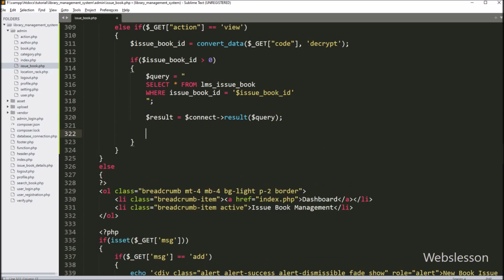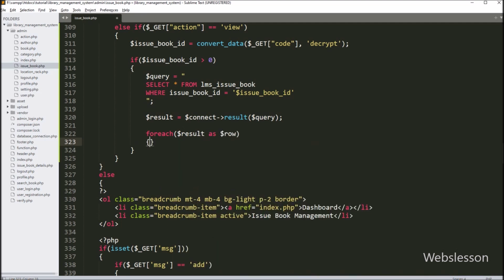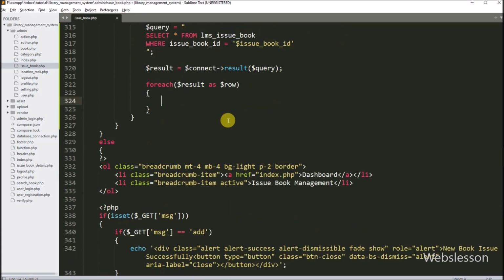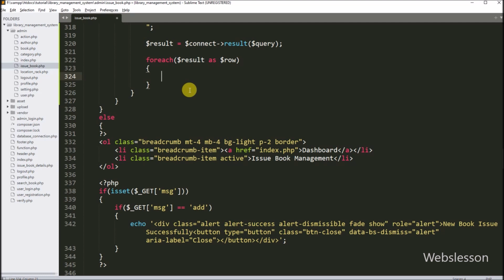Now for fetch data from this $result variable, here we have to write PHP foreach loop. And under condition, we have to write $result variable as $row variable, so by using this loop, it will fetch data from $result variable.